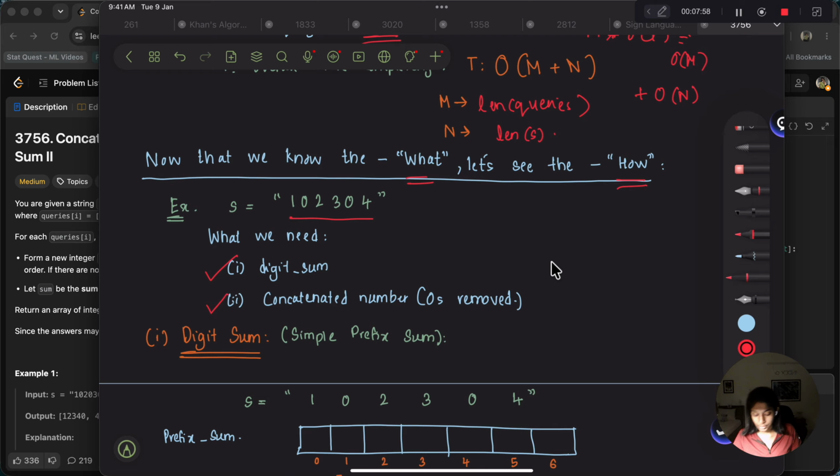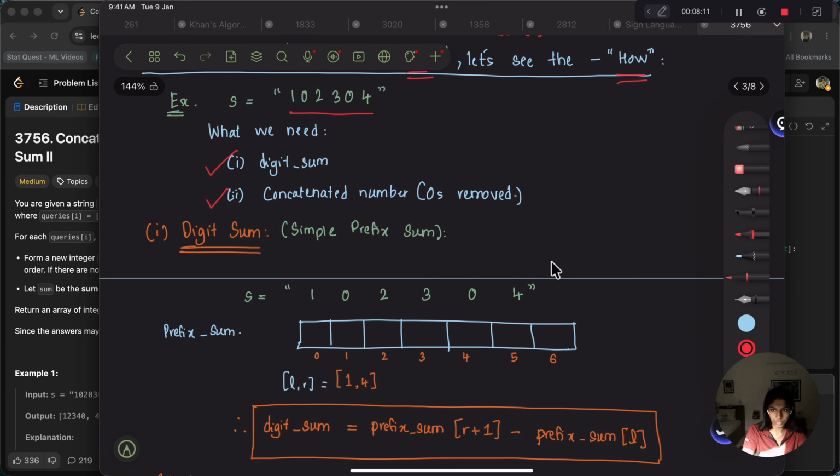And then we also need the concatenated number from the same range, removing all of those zeros. So these are the two things we need, and then we just need to multiply them and return it back. So the first thing, let's look at the digit sum, okay? The same example,